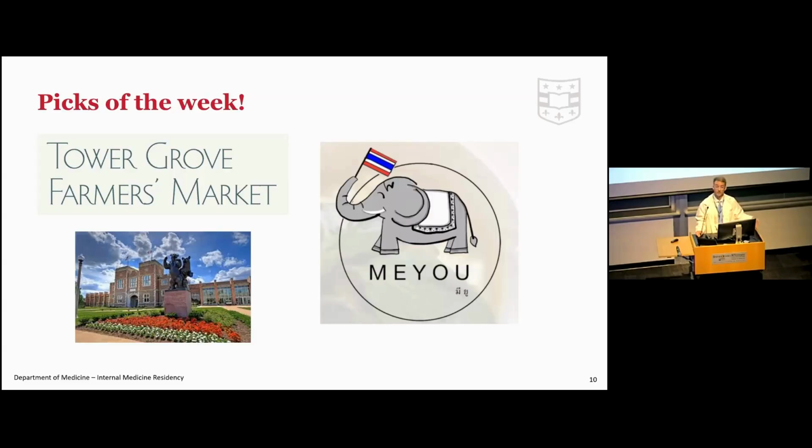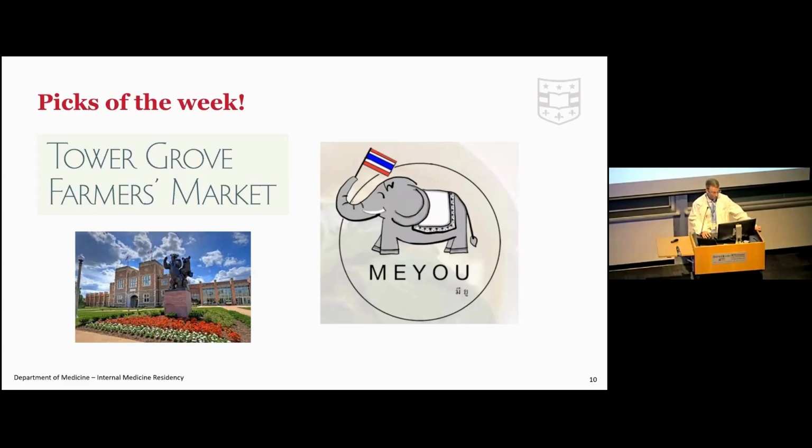So if you haven't had a chance to go, maybe for some of the new interns, I'd recommend trying to go the next couple weekends. And then on the bottom left is Summer's Gym. It's the WashU undergrad gym that all of the residents, if you're affiliated with WashU, get a really discounted membership to, and there's basketball courts there. So if any of you are interested in playing basketball and want to use this gym, let me know because I go probably once a week. That's one of my picks.